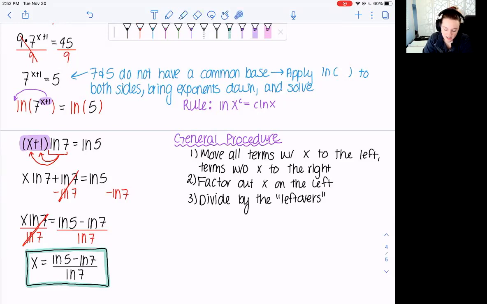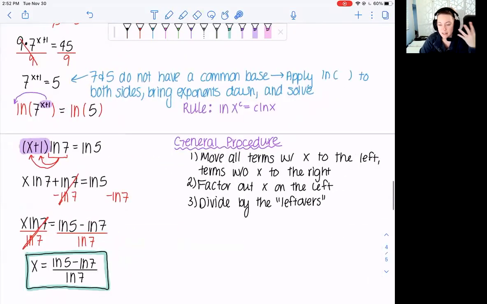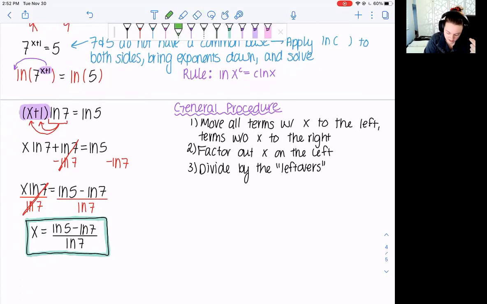So again, there wasn't any factoring to do on this problem. The next problem I do, there will be factoring. You're going to get a lot of messy looking answers like this. The way that MyLab is going to work, it's going to ask you first for the exact answer. This is the exact answer, right? It's then going to ask you